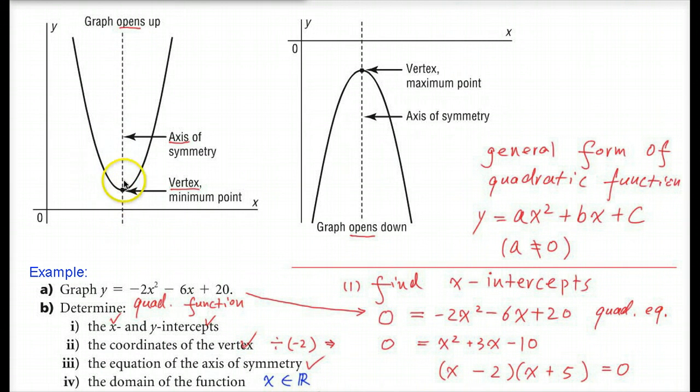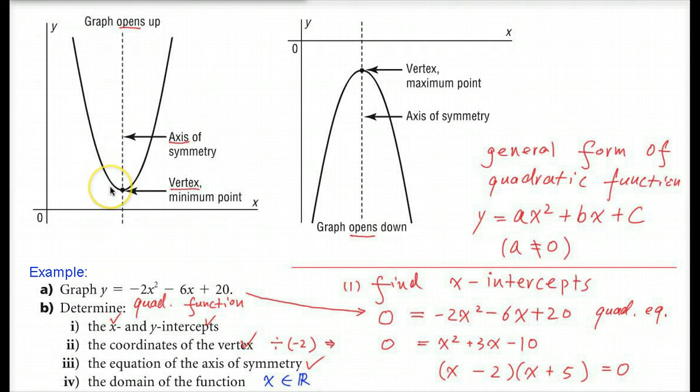When the opening is up, the vertex represents the minimum of the y, and if it opens down, we have a maximum point at the vertex. And of course, if the function,